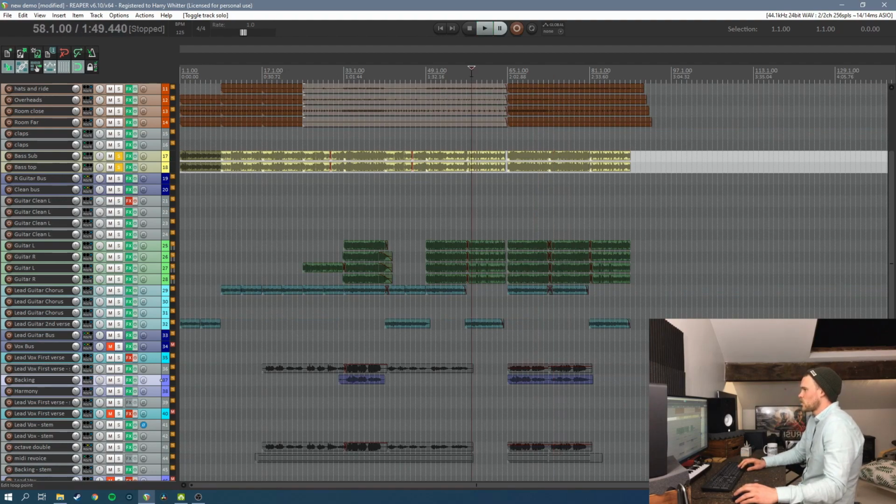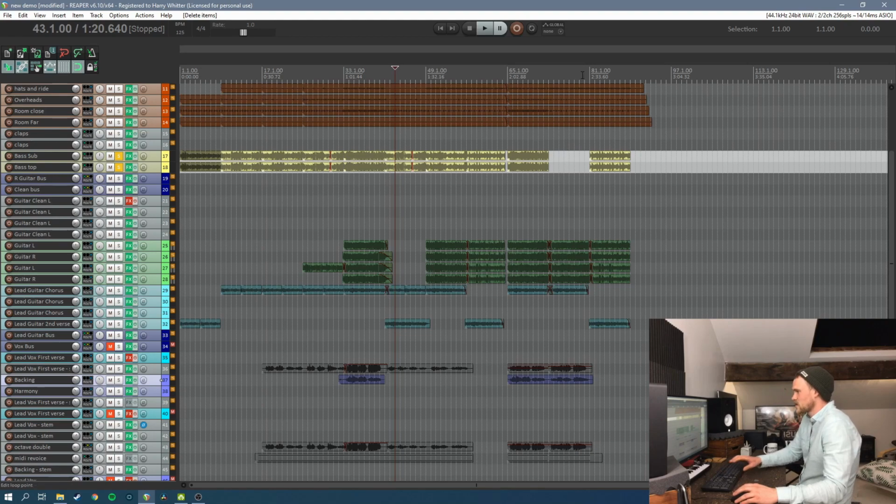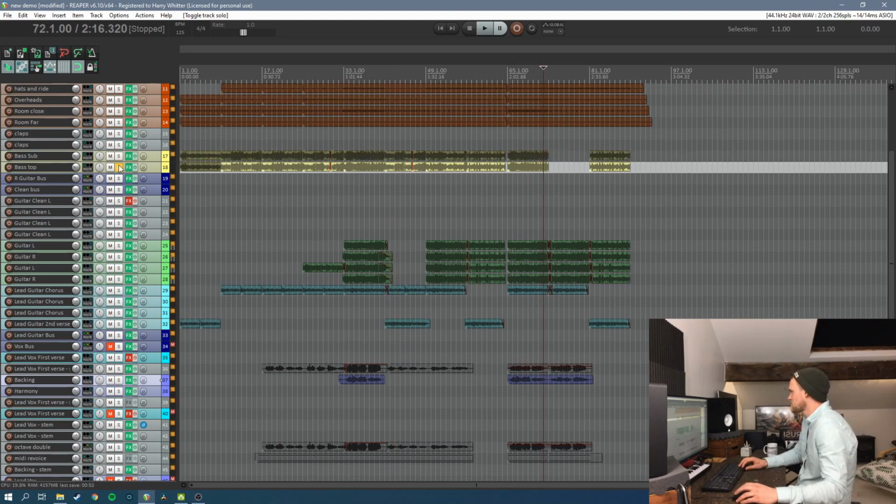I think what we need to change is the bass for the second half. So when it comes into, on the second half of the last chorus, when it comes into the...